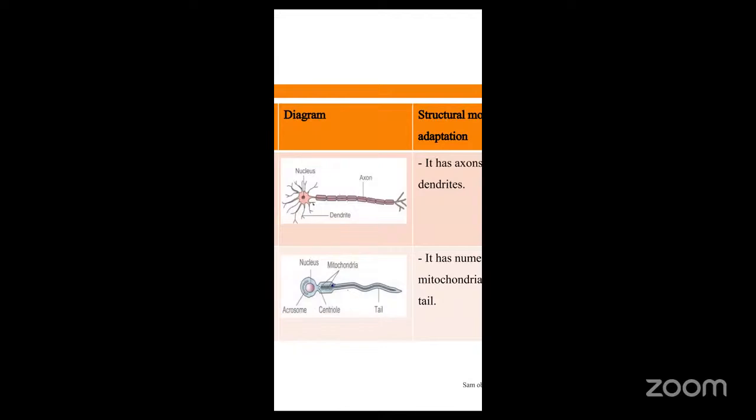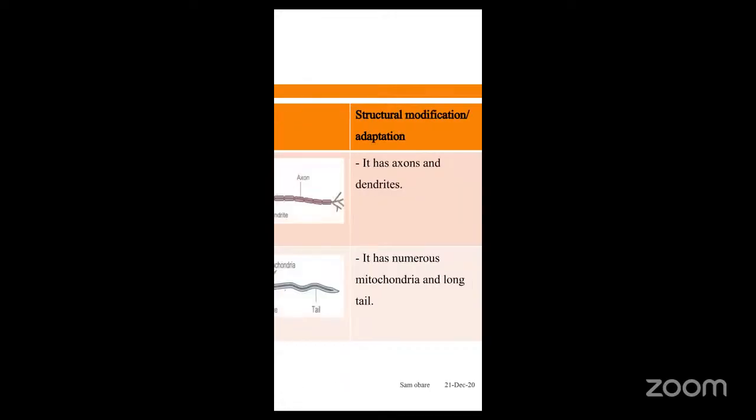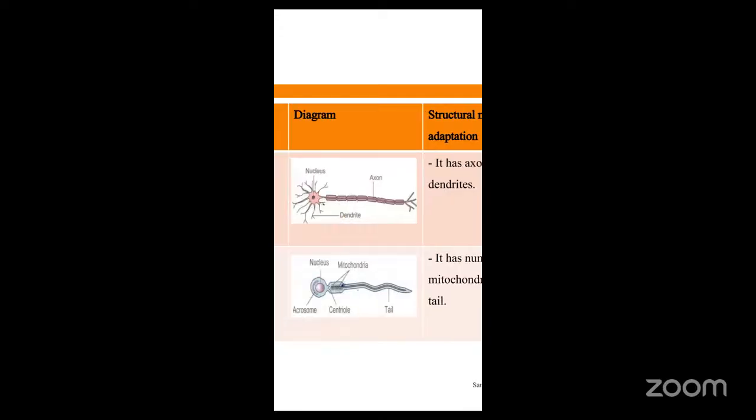And specialized cells in animals, we say they include sperm cells and the red blood cell. We also talked about the nerve cell, like this nerve cell here, which we said is used to conduct electrical impulses. And we explained what an impulse is. We said an impulse is an electric signal that is transported or transmitted in the body. And we said this cell is specialized in that it has axons and dendrites, which are used in